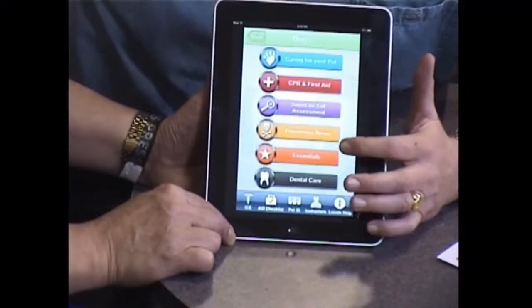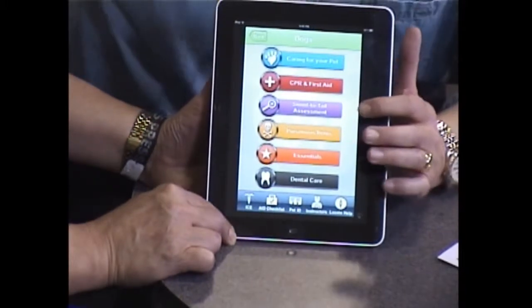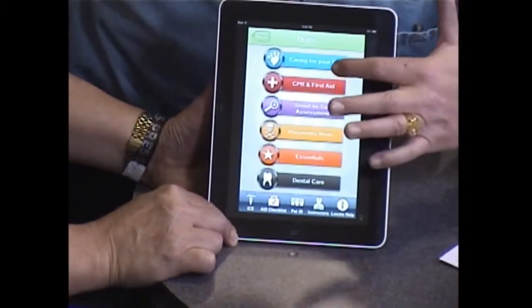So we have it separated into both dog and cat because there are specific differences for either one. So we'll go down the dog branch here. And we have it broken down into 6 components here. The snout to tail assessment is the one that I was talking about. To that camera again? Yeah. There we go. We have it broken down into 6 components. We have the snout to tail that we're talking about. But what I'll do is